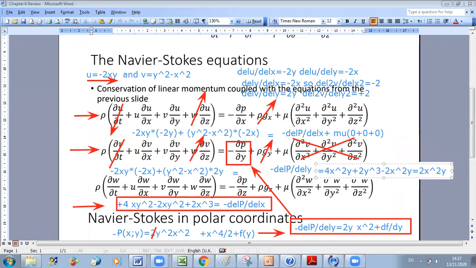And the second term is plus 2y cubed. Okay, so now if you compare with the other expression, by comparison, it's equal to 2y x square